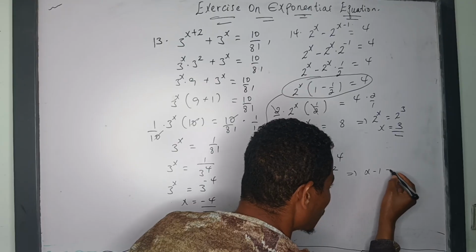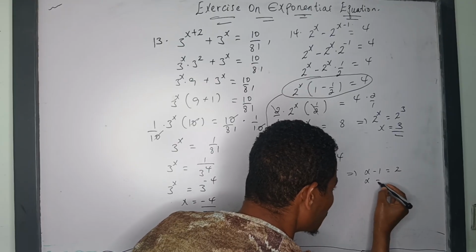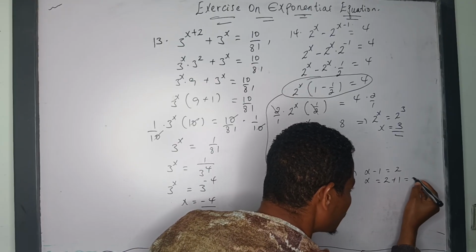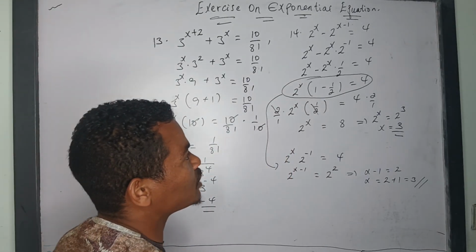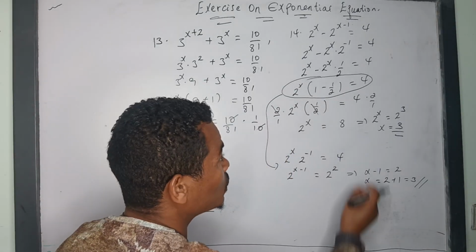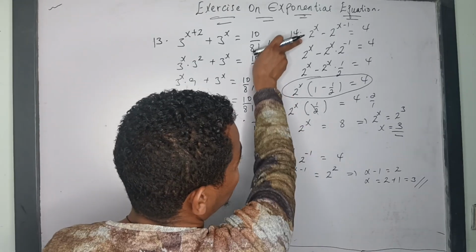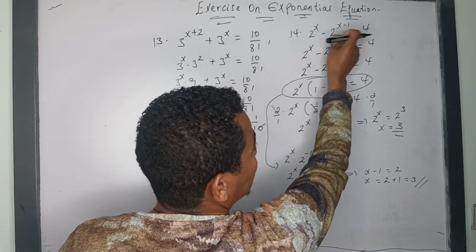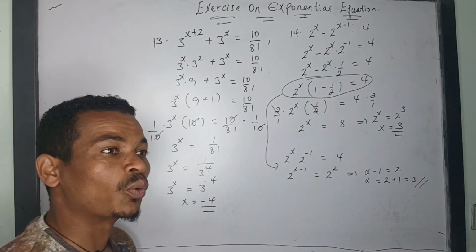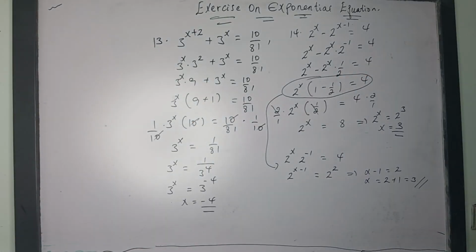So ቤዛቸው እኩል ነው። From this one ምንድነው እኩል እናደርገው? x minus 1 is equal to 2 መሆን አለበት። That is x is equal to 2 plus 1 is equal to 3 እናገኛለን ማለት ነው። That means 2 to the power of x minus 2 to the power of x minus 1 is equal to 4 የሚሆነው x is equal to 3 ሲሆን ለምሳሌ 2 to the power of 3 is 8, 2 to the power of 3 minus 1 is 4, that is 8 minus 4, which is 4 እናገኛለን ማለት ነው።